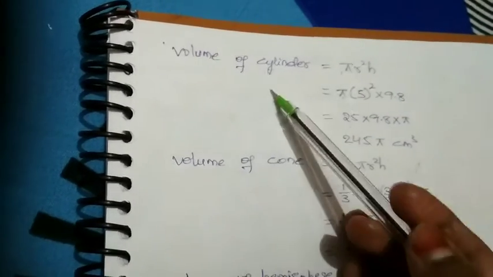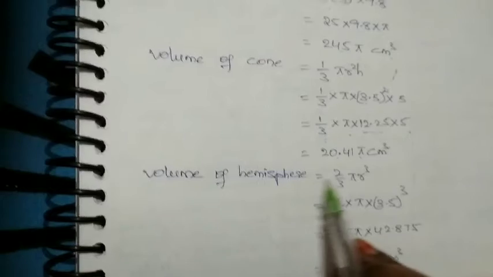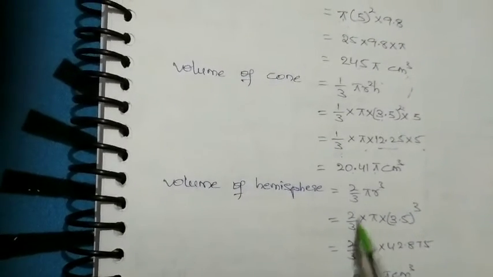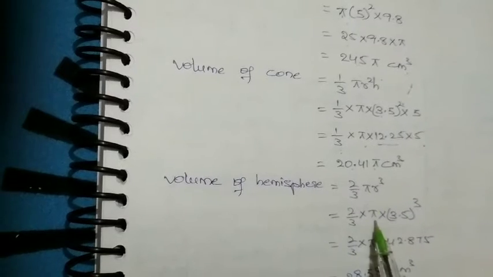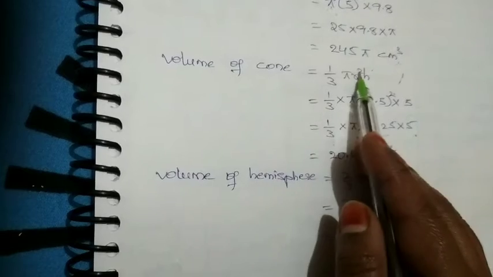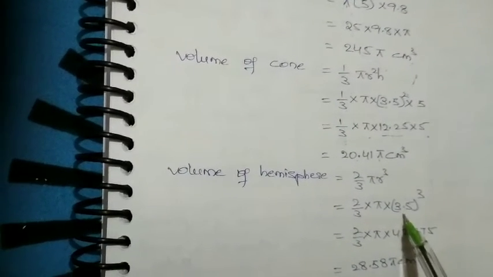Okay, we finished the cylinder, we finished the cone. Now our next part is the hemisphere. So I am doing the hemisphere's volume, which is 2 by 3 pi r cube. Be perfect with the formulas. So 2 by 3 into pi I am taking as it is. The cone radius as well as the hemisphere radius are the same. So instead of radius I am putting 3.5.